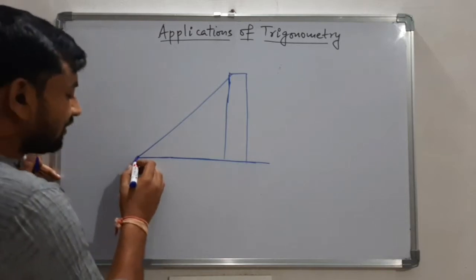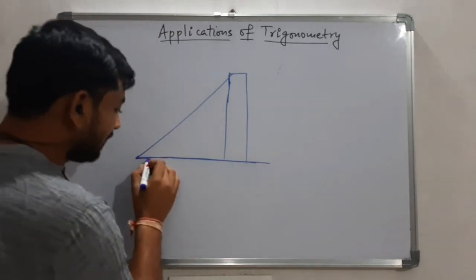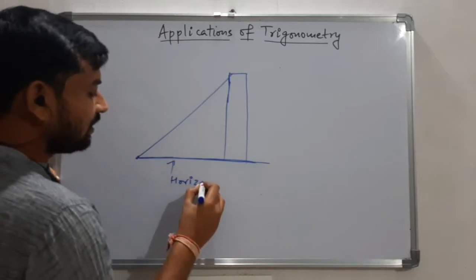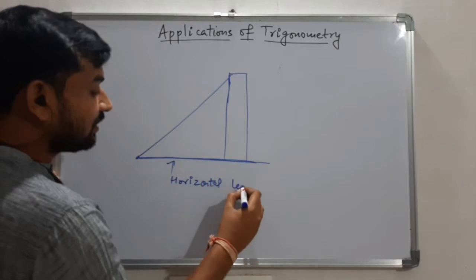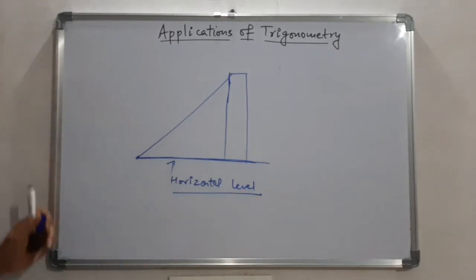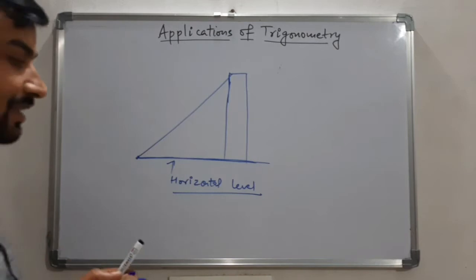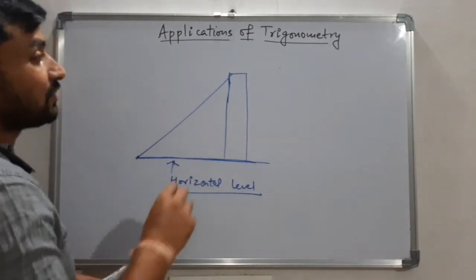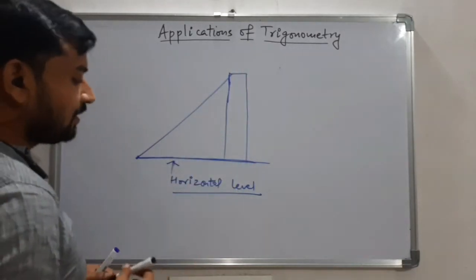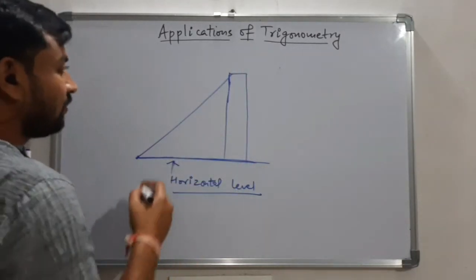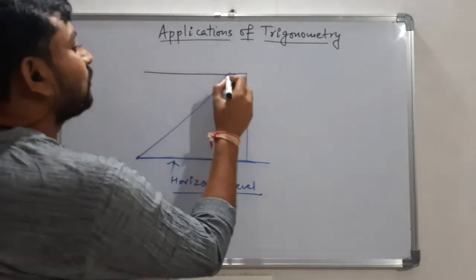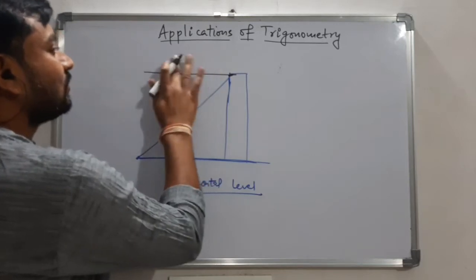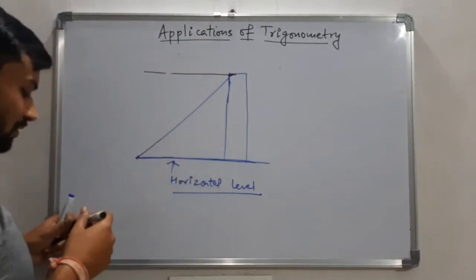There are two reasons for which we will be discussing. First thing is that we are at the ground level, so the level of the earth will be taken as the horizontal level. Here in application of trigonometry, we have to find out the horizontal level. This is the basic idea from where our discussion will go towards the end. So this is the horizontal level. And now suppose someone is at the top of the building, for this person it will be the horizontal level. So I am considering the first situation here.